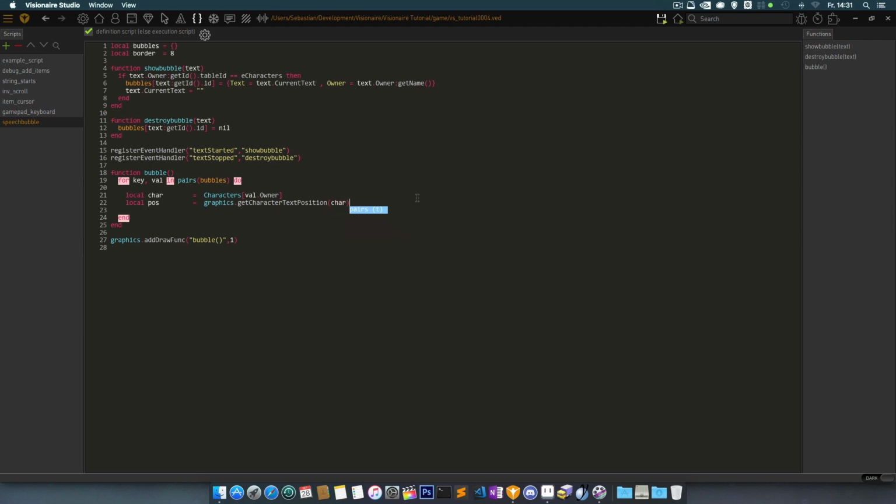And the char is the object we want to use here as a parameter, and this will give us the position above the head of the character. Then we want to save the font. We don't need to use a specific variable here. We just get the character font from his settings. And then we want to edit the current text, because, as mentioned in the beginning, we need to manually do the